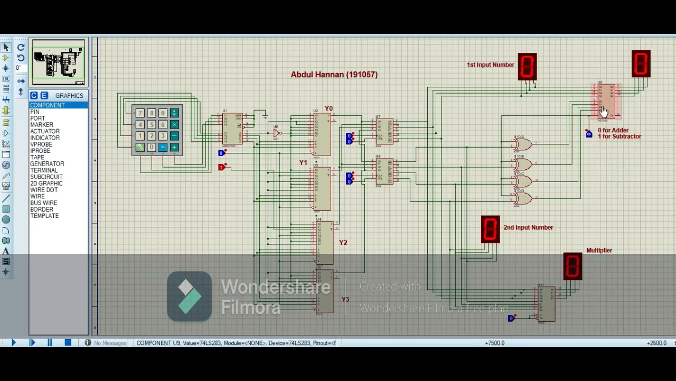In the adder and subtractor IC, here you see the C0 terminal. When this is 0, this IC will perform the addition operation, and when this is 1, this IC will perform the subtraction operation. This is the 7-segment display that will show us the first input number, and this is the 7-segment display that will show us the second input number. And similarly, these 7-segment displays will show our outputs. Now when we run the circuit,